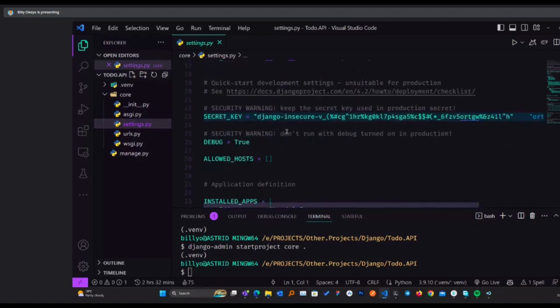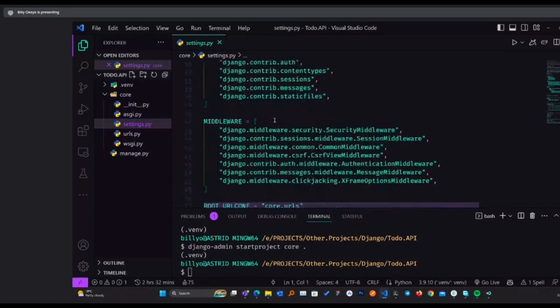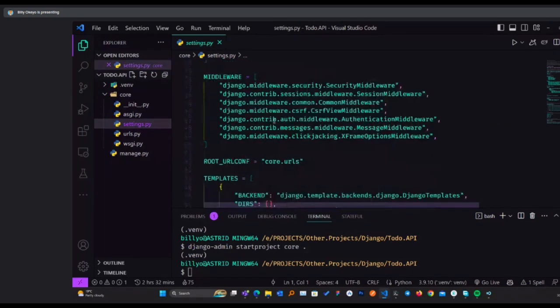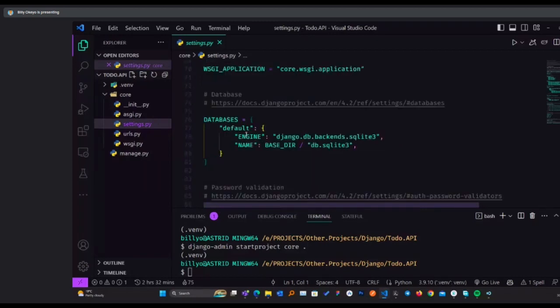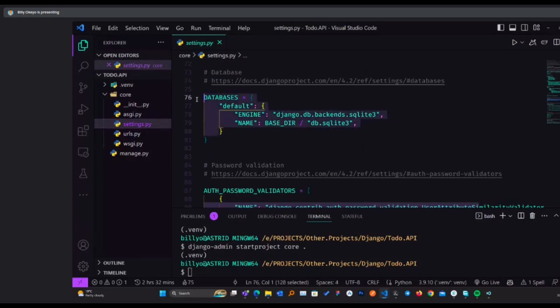For this also, I won't get so much into it, though we'll have to edit one or two things here. Whenever I'm editing, I'll try to explain why we're doing that. But technically, it has all the settings that we need. You can see we have databases, password validators, and middleware. We have templates, so we can define where the templates are.